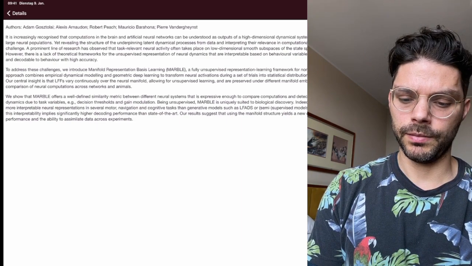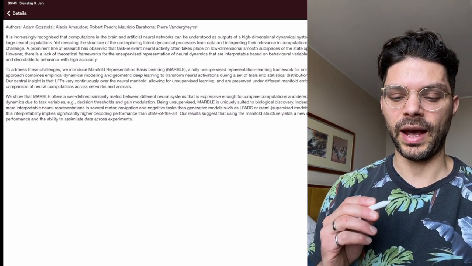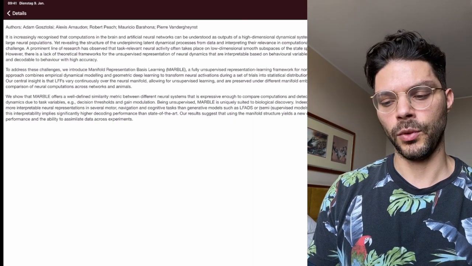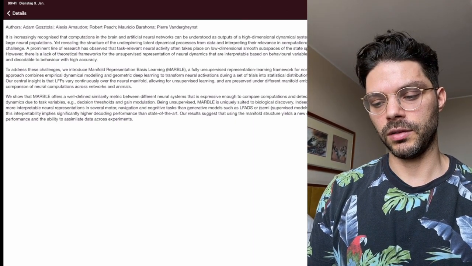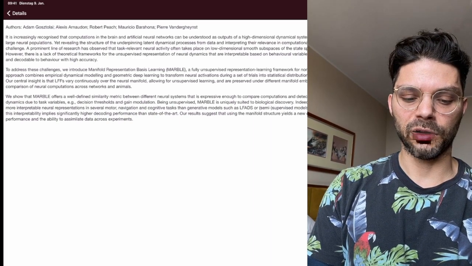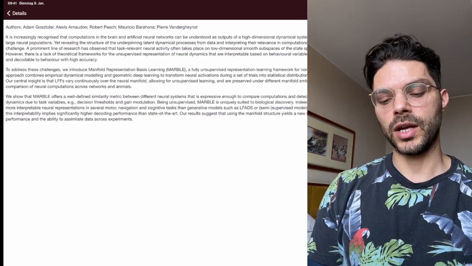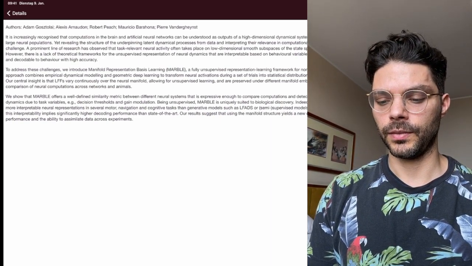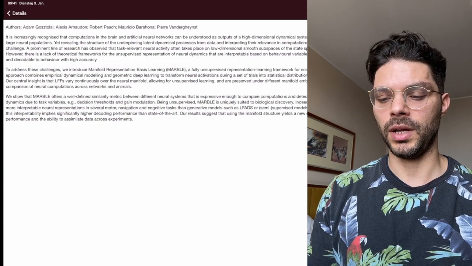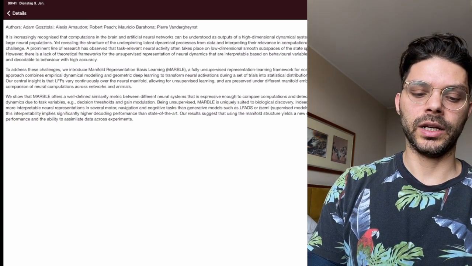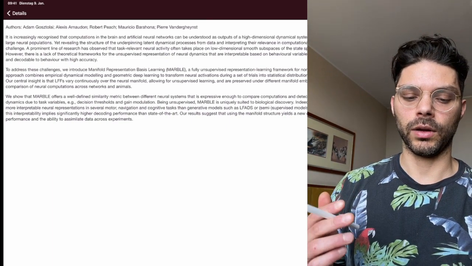A prominent line of research has observed that task-relevant neural activity often takes place on low-dimensional smooth subspaces of the state space called neural manifolds. So this is just what we talked about. However, there's a lack of theoretical frameworks for the unsupervised representation of neural dynamics that are interpretable based on behavioral variables, comparable across systems, and decodable to behavior with high accuracy.